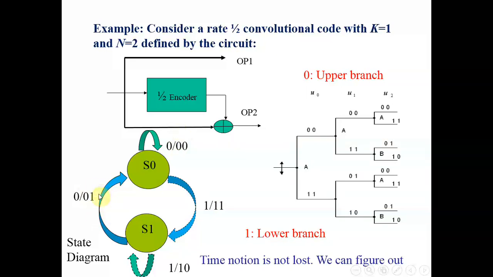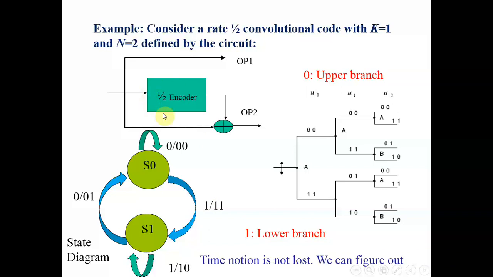So when I come back, you have another one. So how many total ones am I getting? 3 ones. There is a possibility I go from S0 to S1, remain in S1 and then come back, but in that case you will get 4 ones, 2 here, 1 here and 1 in this transition. But we want the minimum number of ones, so S0 to S1 and S1 back to S0. So the number of ones is 3. So for this encoder, what is D free? D free is 3. So how many errors can it correct? (3 minus 1) by 2.